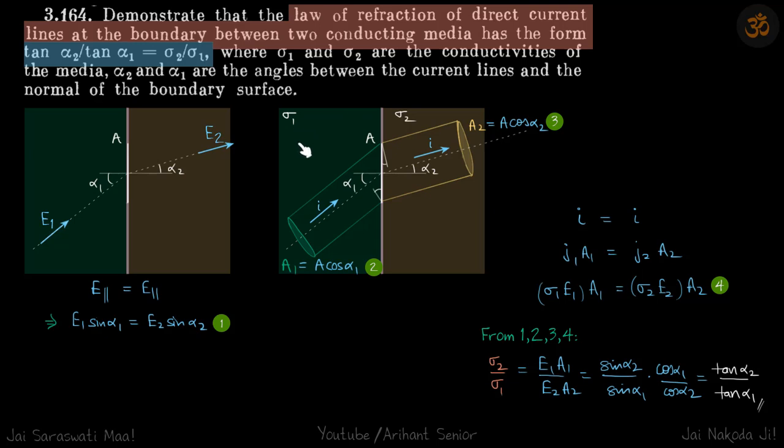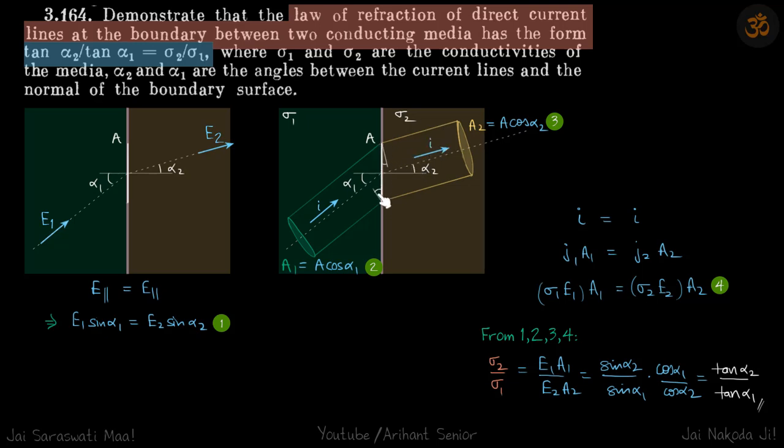Now let's introduce the current. So current is flowing in the same direction as electric field, of course, and here it's turning in this direction. So the angles are the same, alpha 1 and alpha 2. So let's take a small section of this current which is coming through the area A1, and it hits the boundary and then it goes in this direction and it forms an area A2 after crossing.